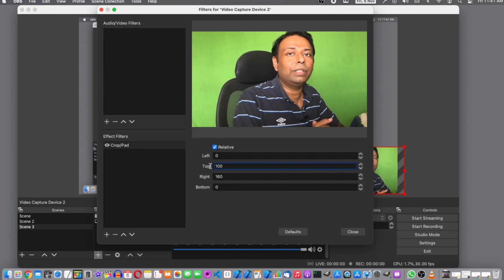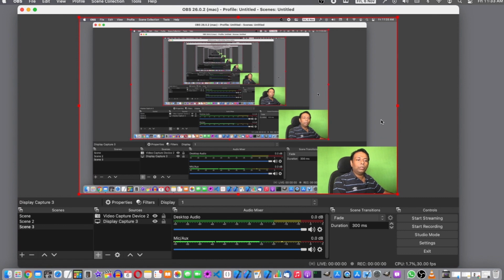Now see friends, if you use this method, that means if you start the recording on your iPhone as well, in that case you will be able to show more area. So this was the other way using which you could crop a lesser area and use your iPhone as a webcam. So now we are all set to start the recording.